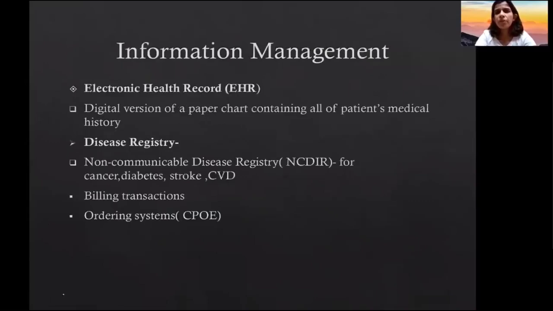Information management, which is the 4th component of health informatics, is done via the electronic health records, which are the digital versions of a paper chart containing all of the patient's medical history. It can also be achieved by a disease registry, such as the non-communicable disease registry, which is NCDIR of ICMR, which is for non-communicable diseases such as cancer, diabetes, stroke, and cardiovascular disease. In addition to the electronic health records and disease registry, billing transactions and computerized ordering systems can also help us